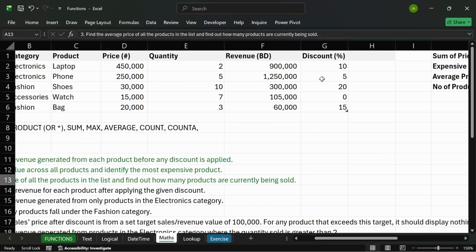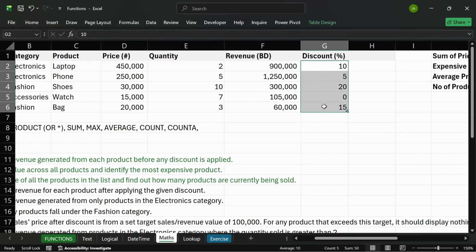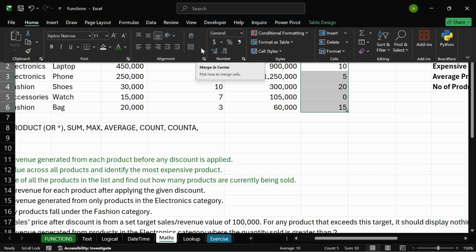Now, what are the steps? We know that for that calculation, we'll need this in decimal. Once we have this in decimal, the next thing we might want to think of is, I won't change it to decimal anyway. The next thing we might want to think of is,